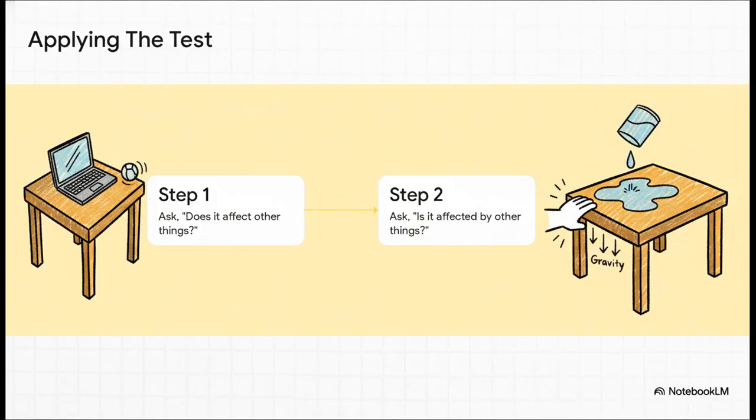So let's put our everyday common sense table to the test. Step 1, does it cause things? Oh, for sure. It's holding up my laptop right now. It'll stop a tennis ball if I roll it. Check. Okay, step 2. Is it caused? Is it affected by other things? Yep, I can push it. Gravity is pinning it to the floor. I can scratch it. So check and check. It passes with flying colors. The manifest table, our table, is real. But hold on. The story's not over yet.